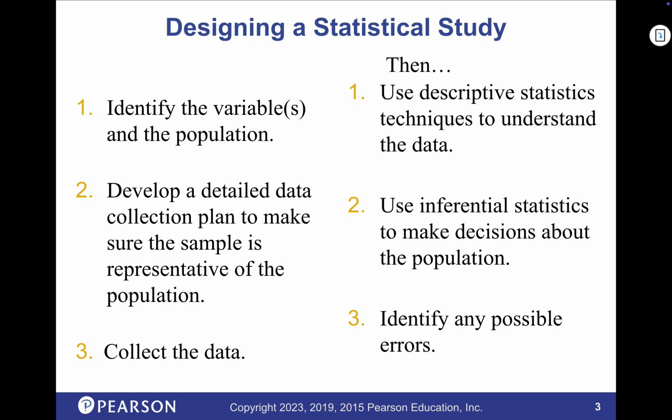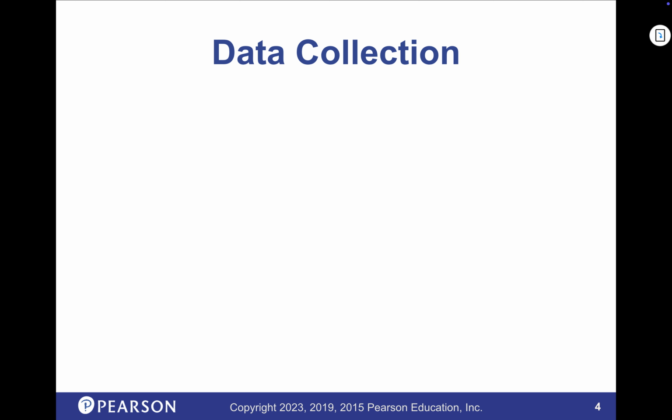Now, some people do all 6 of these steps, right? You're doing your own study. You have to do your own analysis. Other times, you'll have a group that is involved in the data collection, and then another group that is involved just in the statistical analysis part. So it just depends on how big your grant is, right? If you got a whole team, or if you are the team. Okay, so data collection.